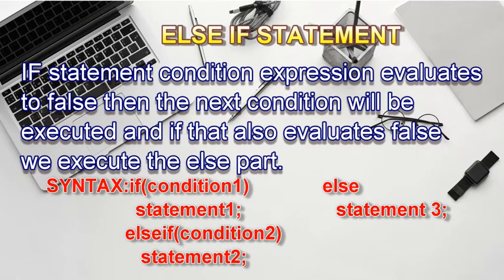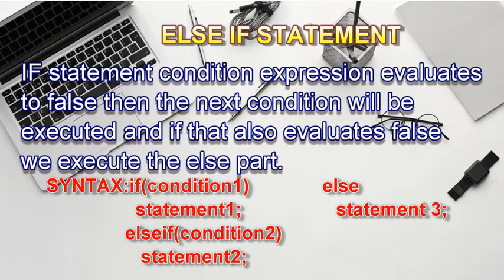Then we will write else, and the condition basically means the last output. In that case, what will happen is it will first check the if condition. If the if condition is false, it will move to the else if condition. Now it will check the else if condition. If the else if condition is true, the statement will be executed. If it is false, it will again move towards the next statement, that was the else statement, and execute that statement.